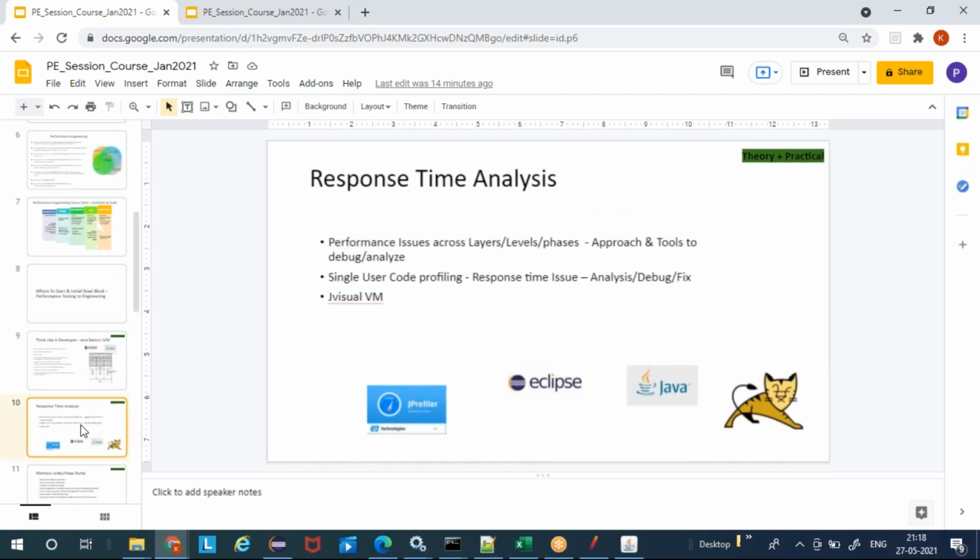Okay, once we get these basics about Java, hands-on, and JVM, then we will go into our regular engineering courses. As I said yesterday, we will think of ourselves as if there's a new project, a new application getting developed, and we, as performance engineers, get into the project early in the life cycle. What is going to be our role? How are we going to work with the developers? As and when they create new pages and new functionalities, we will be involved in early profiling and early optimization, right? That is the role of the performance engineer.